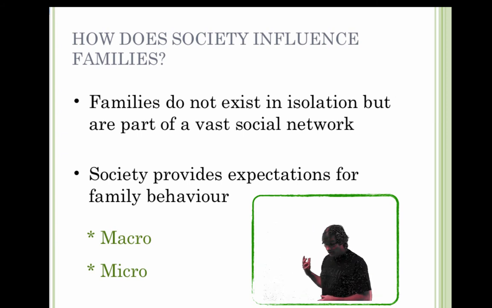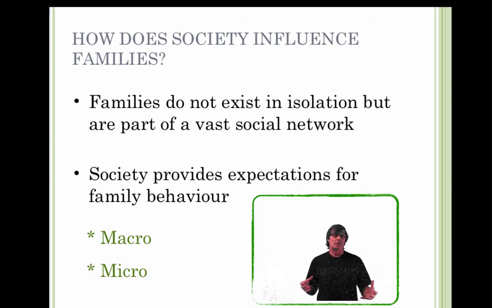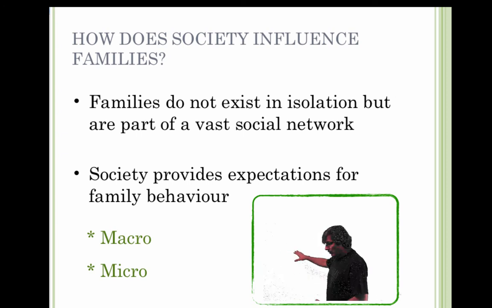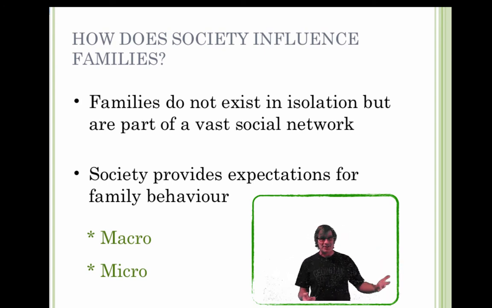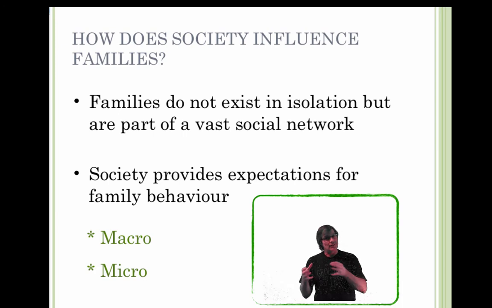Well, as it will indicate here, families don't exist in isolation. Families exist in relationship to other structures, other parts of society, and because they don't work independently of one another, there is this component of interdependence. And so when we're looking at it, we're looking at two different directions, micro and macro. Macro is the big picture view. It's looking at society as a whole and seeing how family fits among everything else in society.